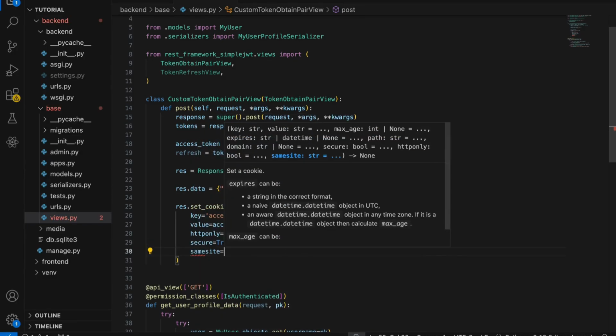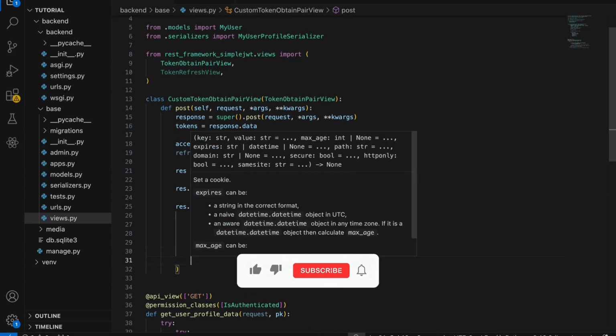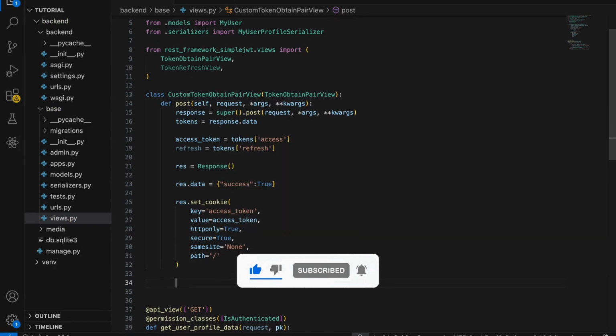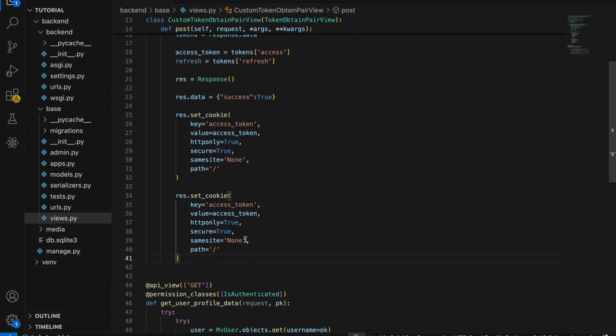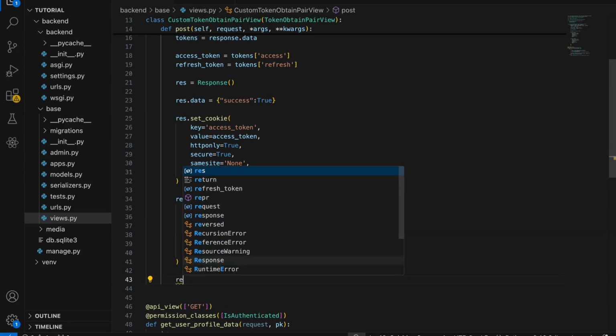We have same site equals none, to put that in there, and make sure it has the quotes around them, and then we need to set a path, and we'll set it to the root, okay. So we've made our cookie for our access token, we also need to do it for our refresh token. So we'll just create another cookie here, and then we'll change this to refresh token, and then just copy and paste this into here. So we have a key called refresh token, which is going to have our refresh token as the value. Now we need to return our response,